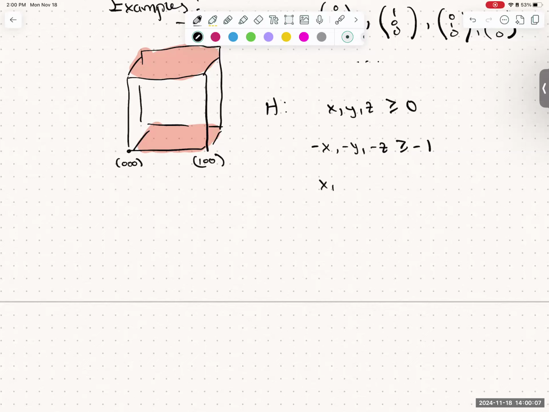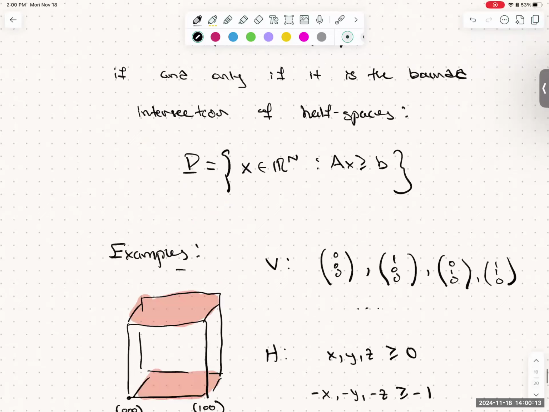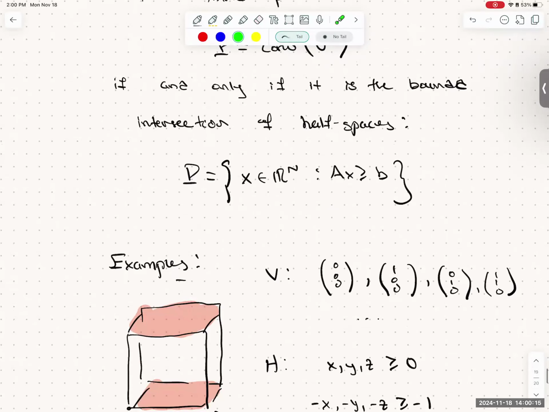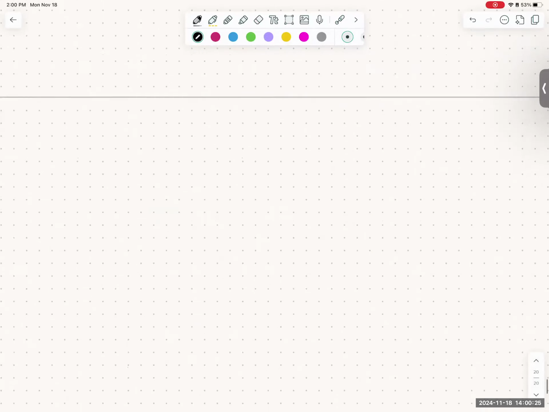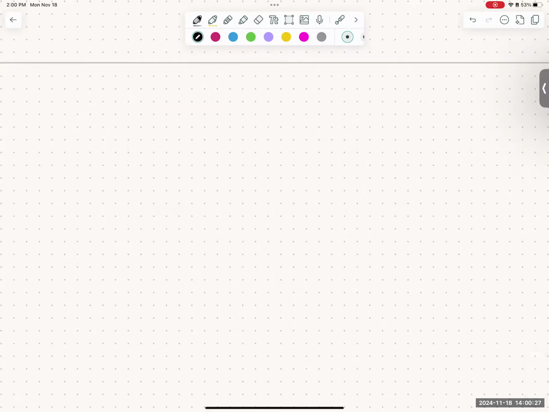This is just x, y, z less than or equal to 1, but I wrote the inequalities up here in a particular way, so I just want it to be consistent. And then maybe I will also include this one because it's not full dimensional. So I didn't describe that term, but